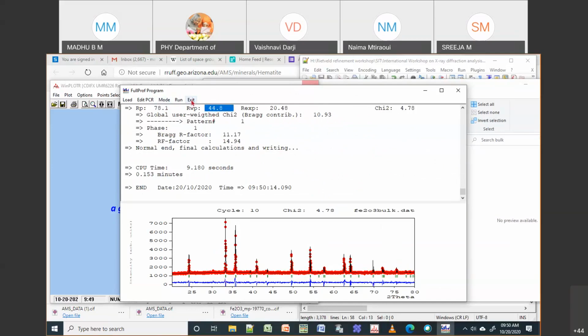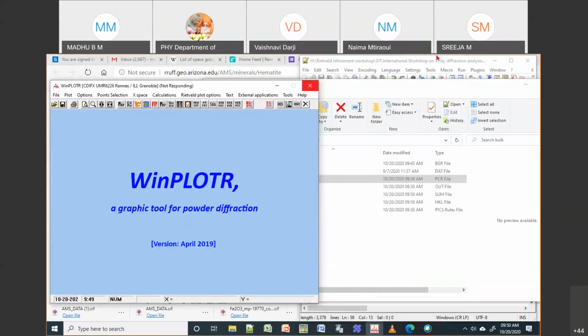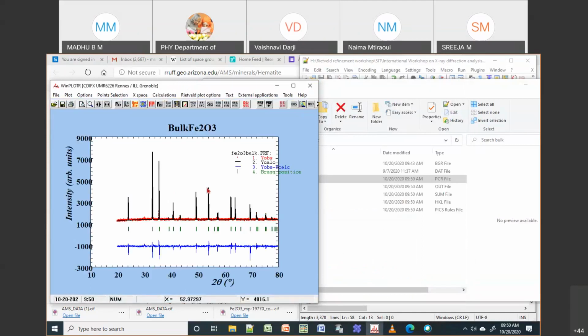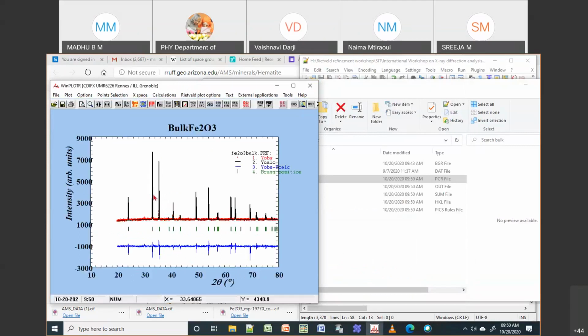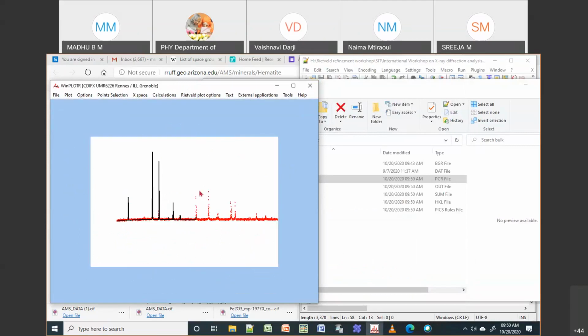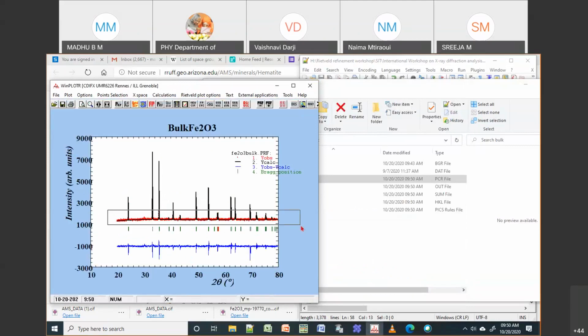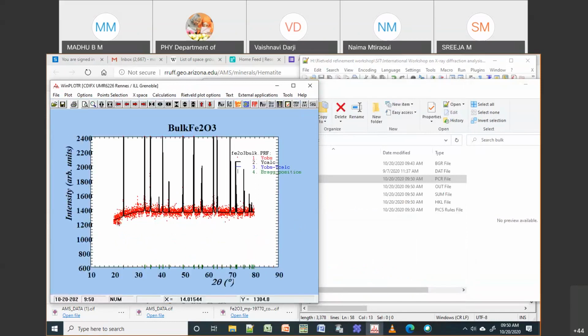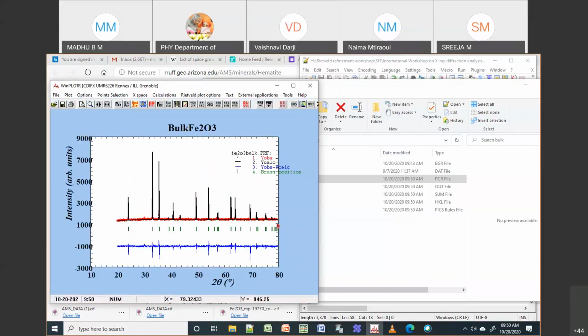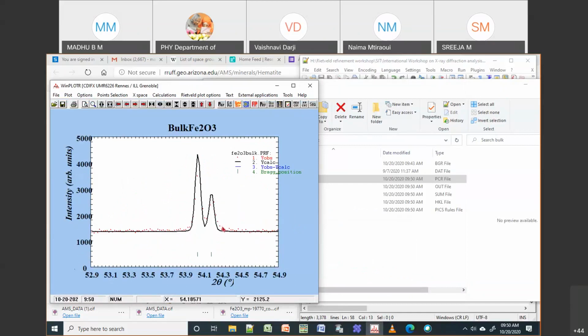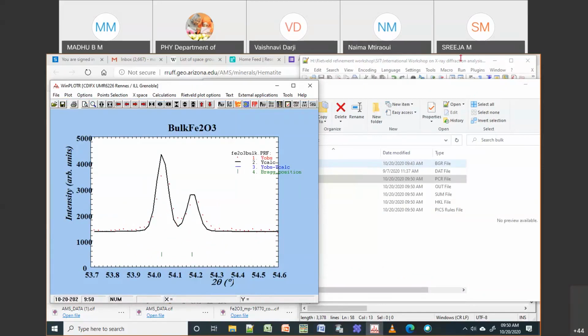Okay. So now what I will do is I will just try to finish this quickly. Okay. So this position is fine, and then you can see it has taken the fitting from whatever data is available. Okay, so the data was available from 20 to 80, so it is doing fitting from 20 to 80. So peak position is fine because we already had done the ABC refinement.